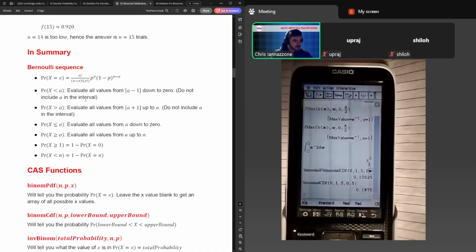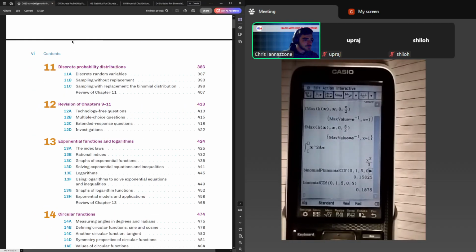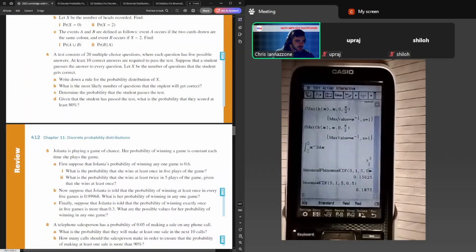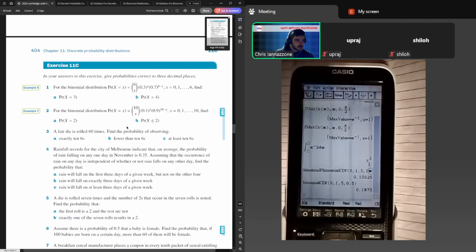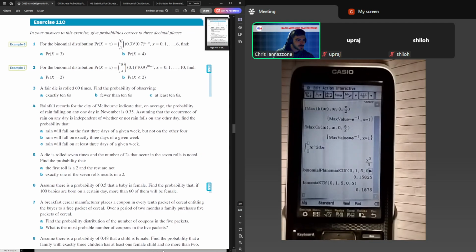Otherwise, the other stuff isn't so bad. A lot of what you do is using the Bernoulli sequence or using the CAS where possible. That's what 11C is all about, sampling with replacement. Binomial is always going to be a with replacement scenario because you've got those repeated fair trials. So let's take a look at 11C. Yeah, we'll do at least the first